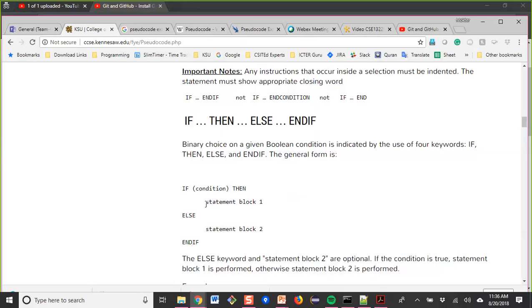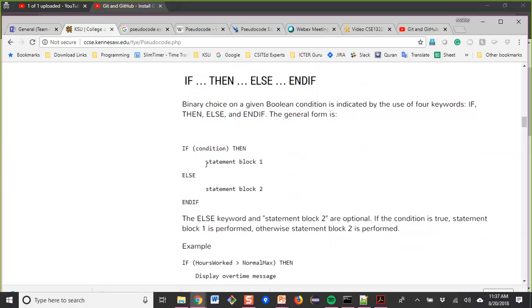The general format is if, then within the parentheses we put the condition, and we know that if the condition is true, only then will this statement block be executed. If you have only one condition, then else is optional. And once you start if, then it must be ended with end if.